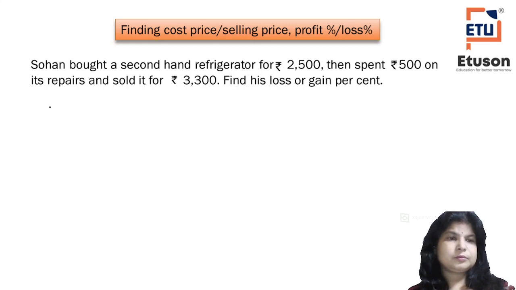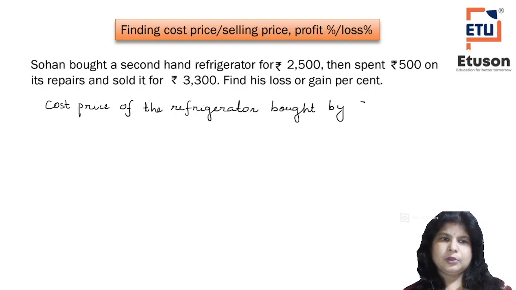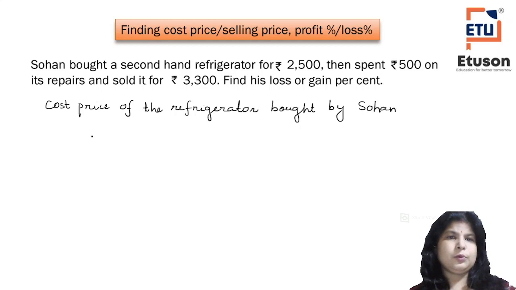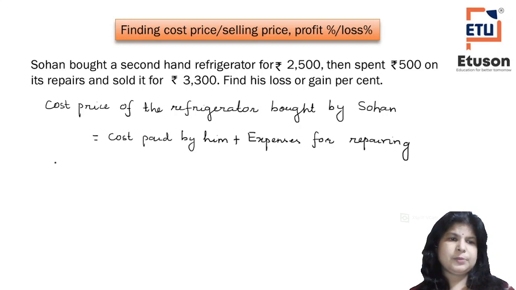Okay, so the cost price of the refrigerator bought by Sohan will be equal to what? The cost which he has paid for it and the expenses. Okay, so cost paid by him plus the expenses for repairing. Correct? So the cost price, which can be indicated as CP, will be equal to,